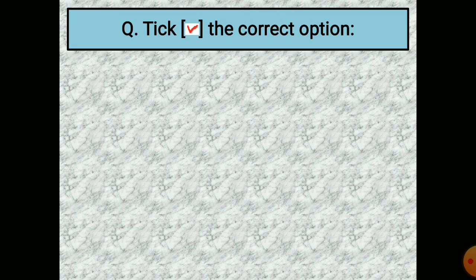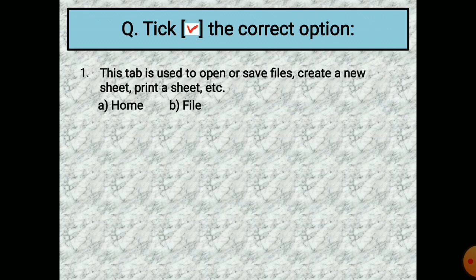Now student, we are going to discuss the tick the correct option. It is given in your book only. This part we have not done. It is inside the book, chapter number 5, not at the last page. I'm going to tell you the page number, it is on page number 62. So you can open that page and complete it.